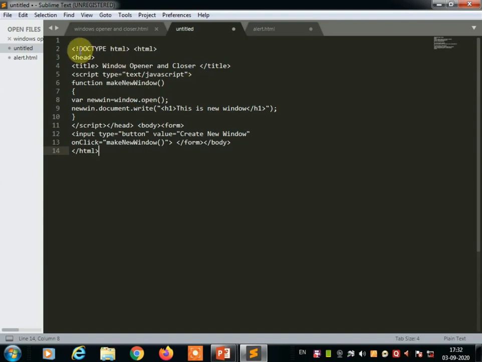Some basic tags in the JavaScript program will remain the same, for example, doctype HTML, HTML, head, and title, where you can give the title alert message.